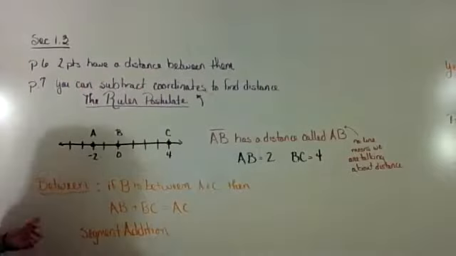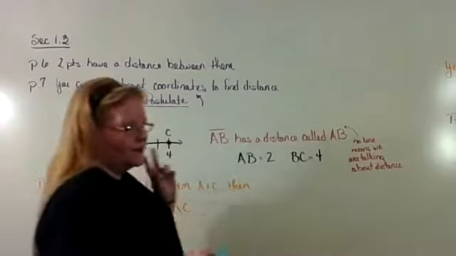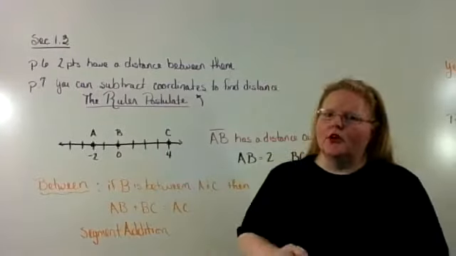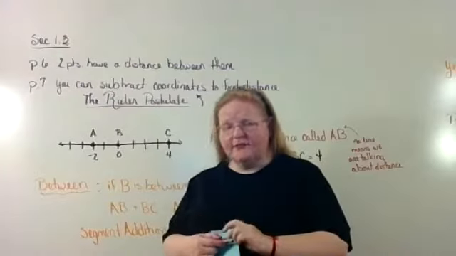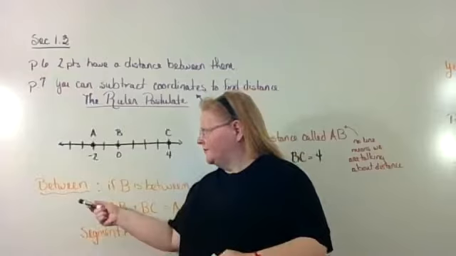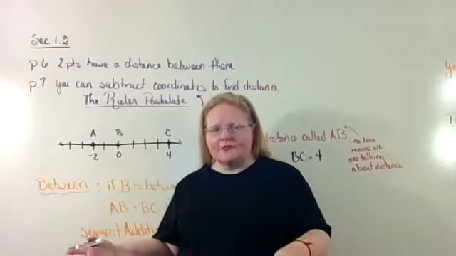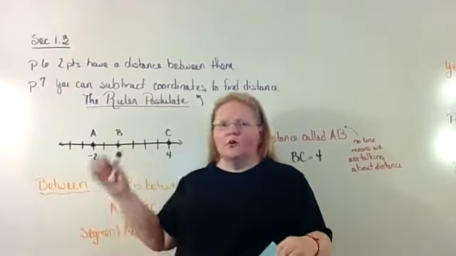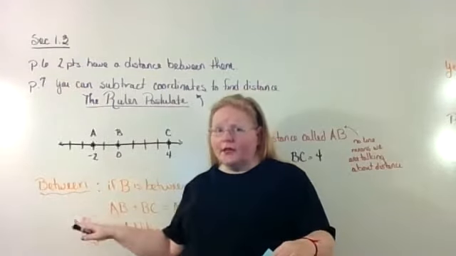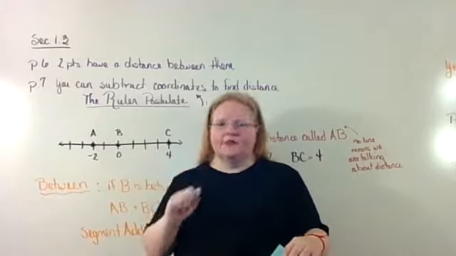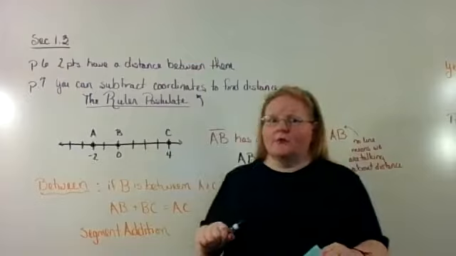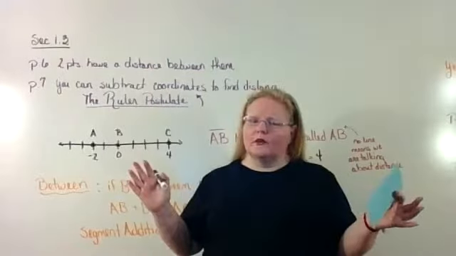Now, they do a definition, and your book does this twice so far that I've seen, and it'll probably do it again later on. So they do a definition called between. They keep throwing up the exact same definition, but they throw it up with different things. Like they talk about between with points, and they'll turn around and talk about between with lines, and then I bet they turn around and talk about between with angles, and then I bet they turn around and talk about between with